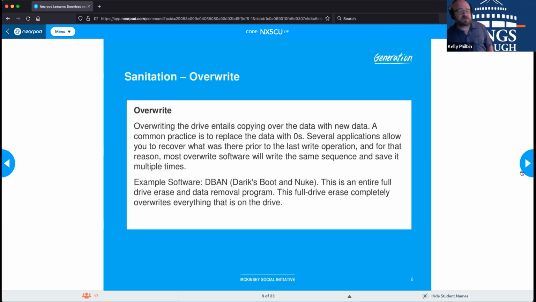What does it mean by not OS dependent? So it can be done if you have Linux on there. It can be done if you have Windows on there. It can be done if you have Mac OS on there. It's not dependent upon the OS. What it's doing is it's booting up before the operating system, and it's wiping out everything. Once you're done, you literally have to add an operating system back on. So you're kind of starting over. So you would run this sanitation on it, format the drives, and then reapply an operating system on top of it. So you would basically go into BIOS at that point.